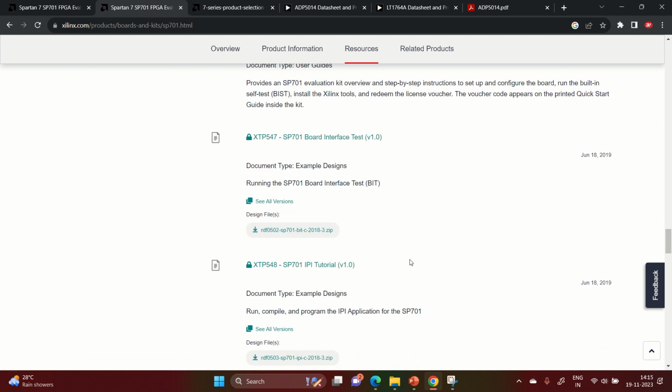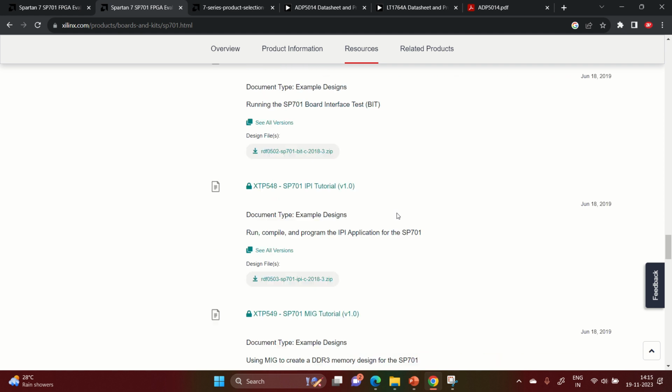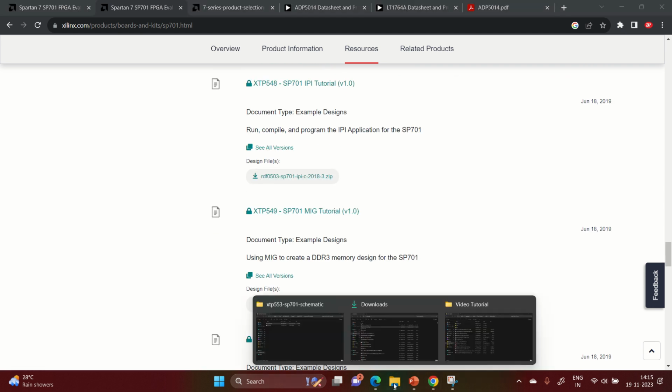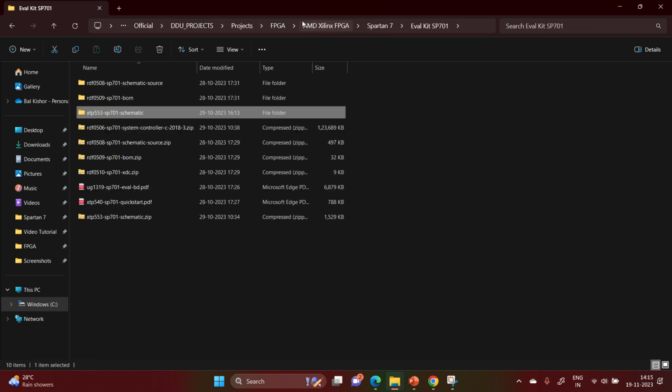Then the next thing is I have taken this particular example because I wanted to download the schematic, bill of material, board files and all these things. They help me a lot. So for your advantage I have already downloaded this. So I'll go directly to the schematic, BOM and schematic resource. I'll go to schematics. If you see schematics,